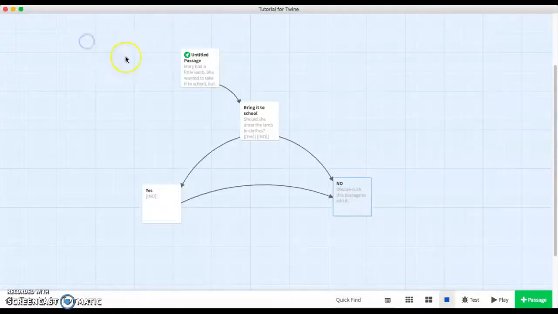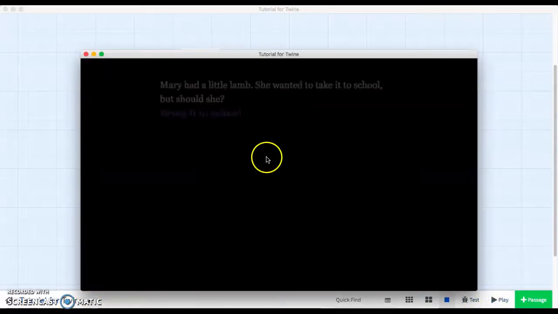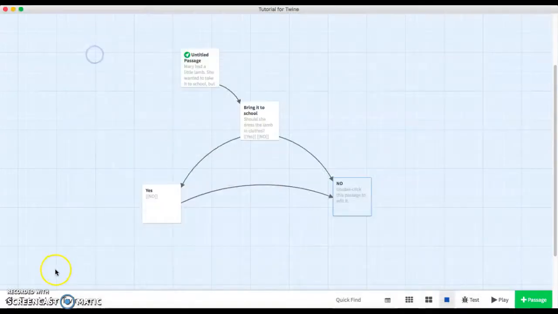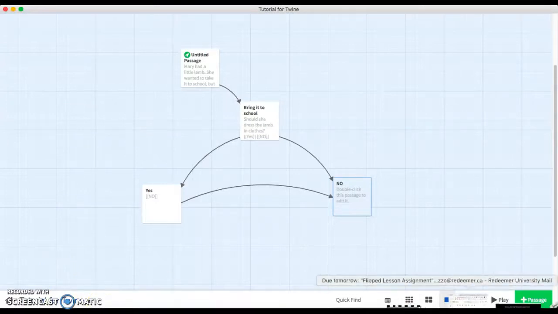So the more writing you put, the more you will have for your story. Now, we would like to learn how to customize because we don't want everyone's to look exactly the same. Everyone will be keeping a black background, but we can change our font and we can change the color of our selections. So if we now quickly jump to